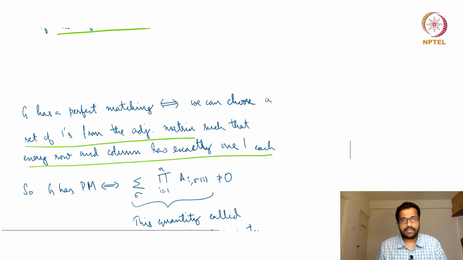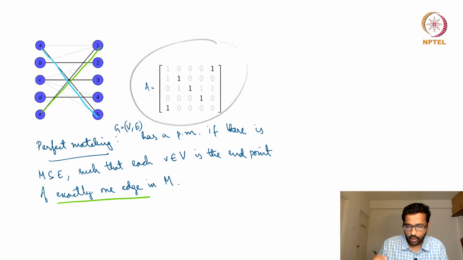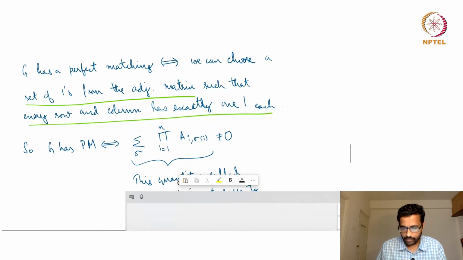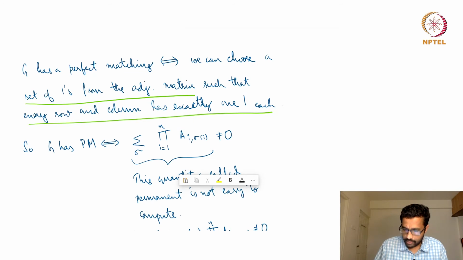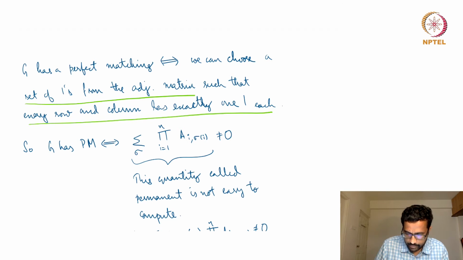So there should be a sigma such that the i comma sigma(i)th entry is 1 for all i. There should be a permutation such that for all i there is a sigma(i)th column, so that the i comma sigma(i)th entries are all ones, right? So this is what we want to check. So we'll add a summation here over all the permutations sigma, such that if you take the product of all the entries